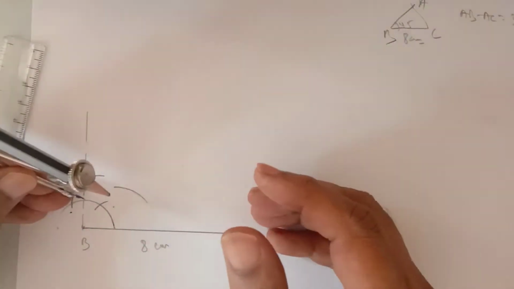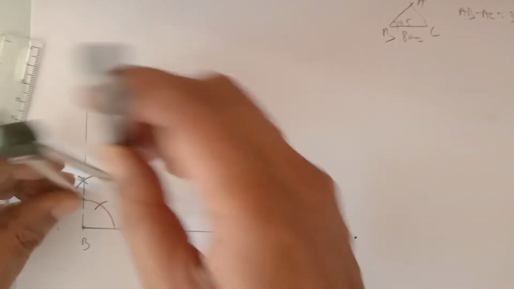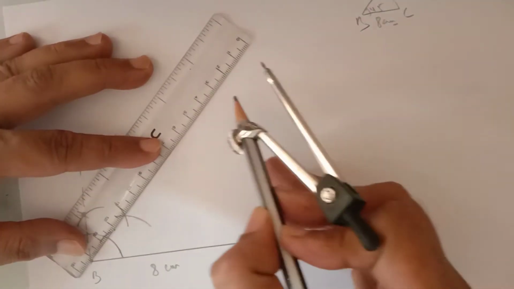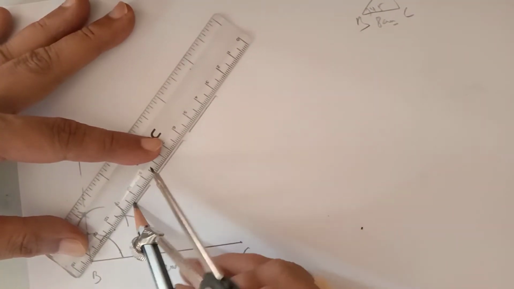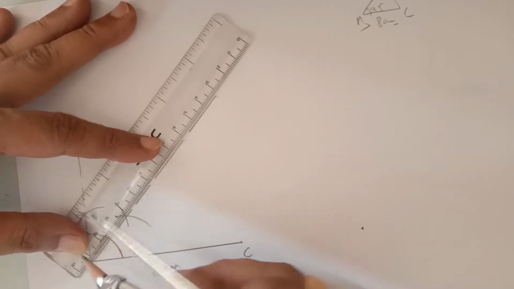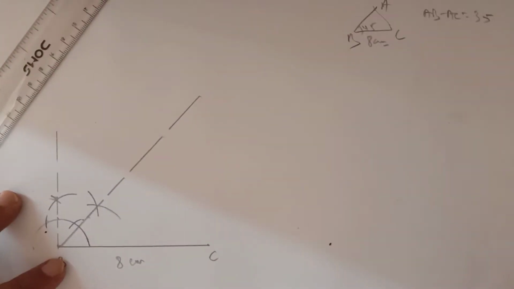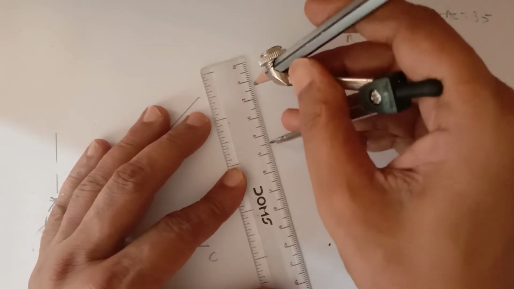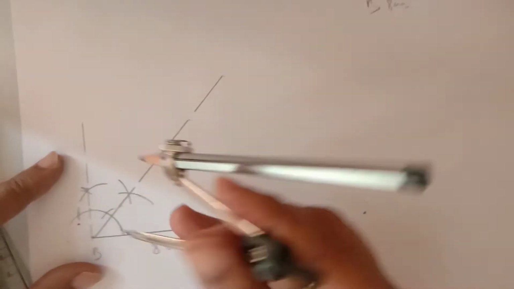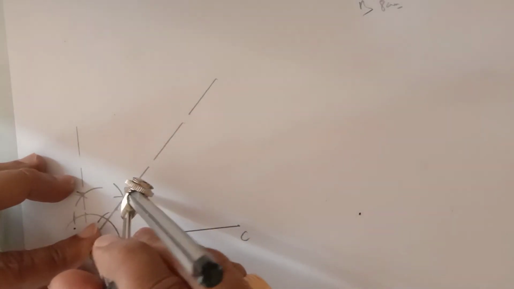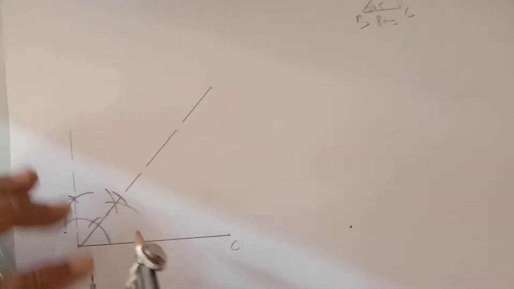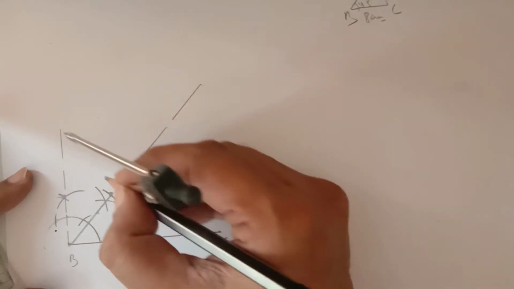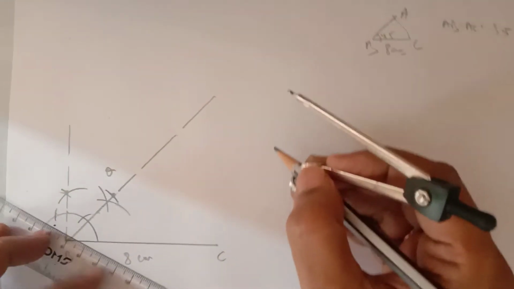Now bisect this 90 degree angle. Draw an arc and bisect this arc. You'll get an angle of how much? This is 45 degree angle. Now the difference between the two sides of this triangle is given as 3.5. So you take a radius 3.5 and mark an arc on it. This is the arc of 3.5. Let us call this point Q